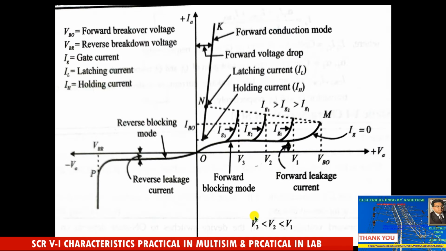Okay, as you can see over here, you keep increasing this forward voltage, and this much amount is the forward leakage current. Here it is shown by the arrowhead, forward leakage current. This is the small amount of current that flows during forward blocking mode, and you keep increasing the voltage, but the conduction is not there. The SCR does not conduct here, and whenever it reaches a certain level, that is called VBO, forward breakover voltage, and then comes forward conduction mode.